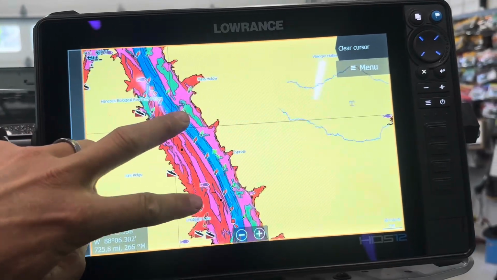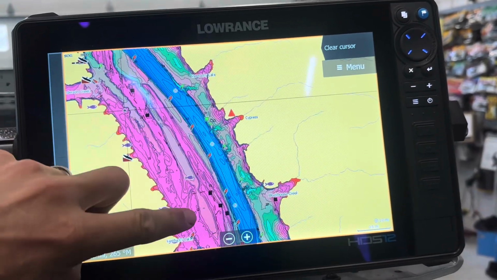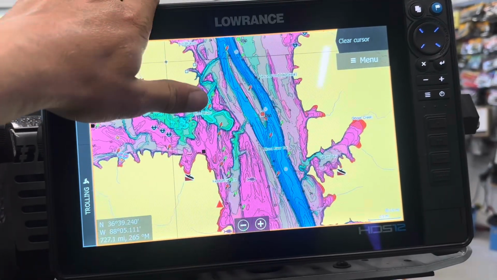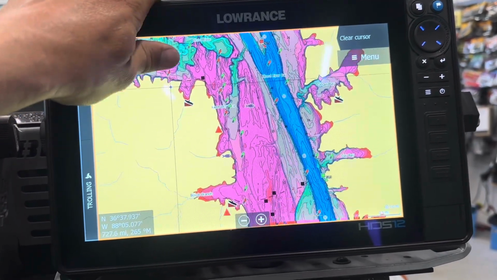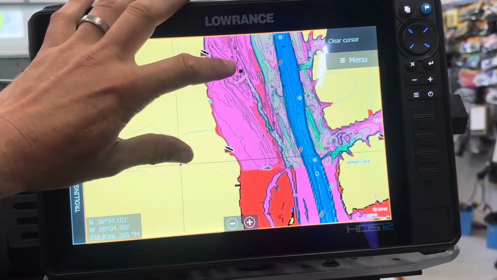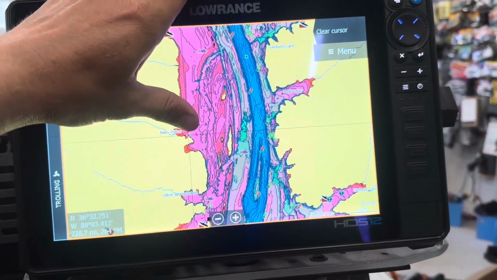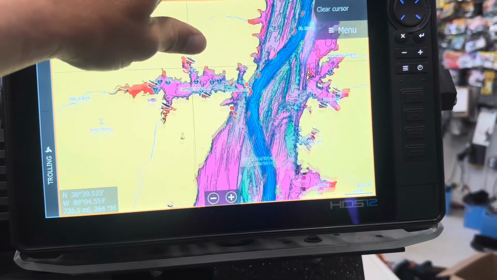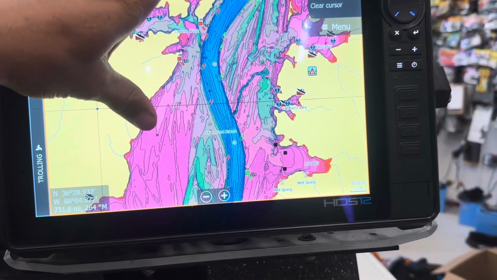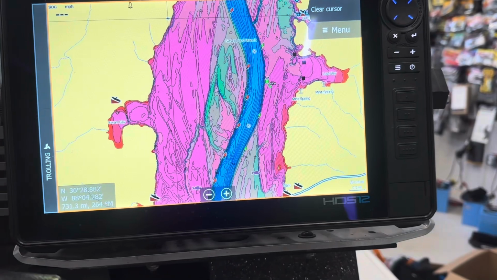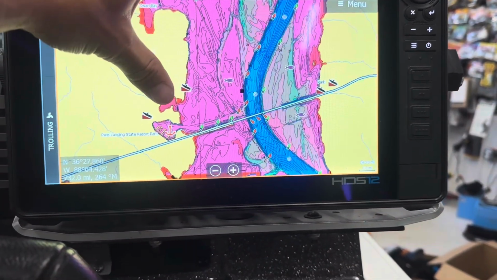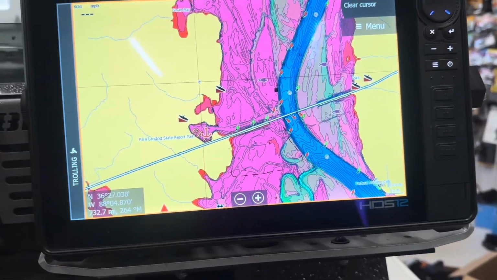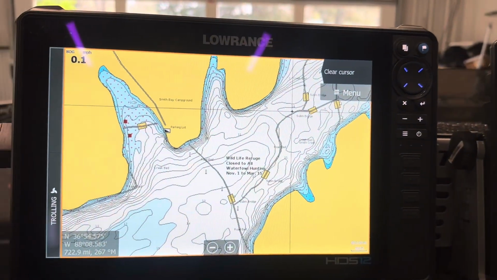If you have any questions about it, happy to answer them for you. I'll just keep zooming down here a little bit until we get down to, I don't think I went past Paris yet, but that'll kind of show you what it looks like. Some ideas to get you started and try to base it off what you're getting. The C-MAP on board comes with the HDS units, or the HDS Pro units for sure. I don't know if the Lives had it too or not, but